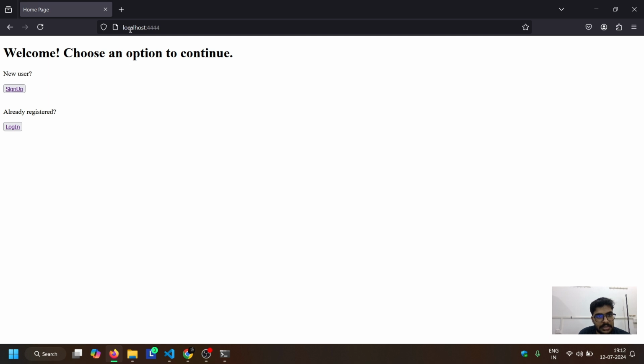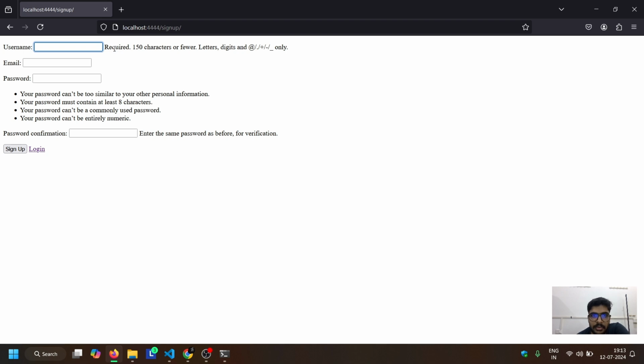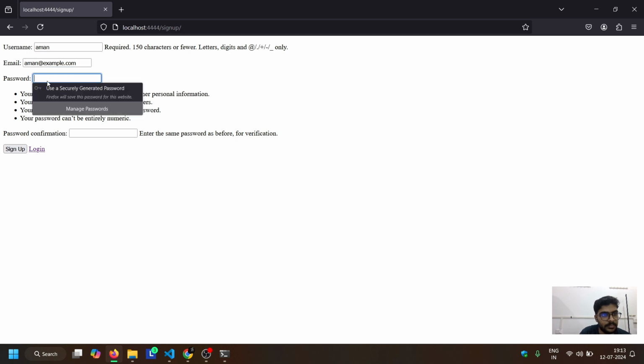As soon as we enter the localhost, the first page that appears is the landing page, in which if the user is a new user, he should click sign up, and if it's an already registered one, the user should click login. Suppose a user is a new user and signing up. As for the requirement for the username and password fields, I'm using the default requirements which Django defines for these fields. So username, suppose email, great.com, password